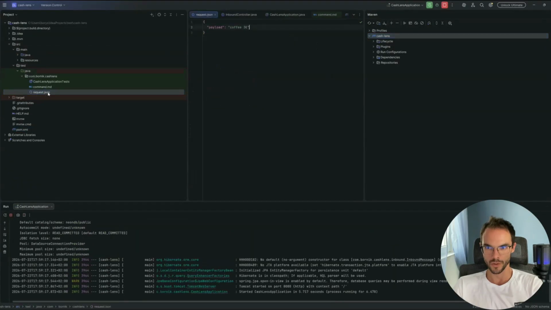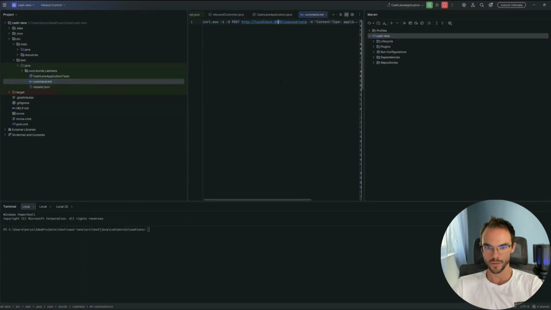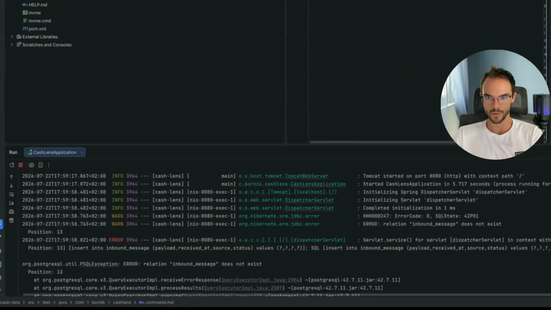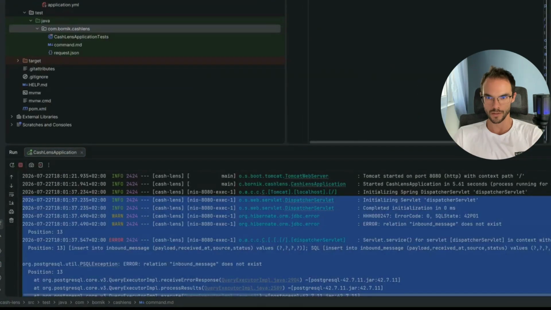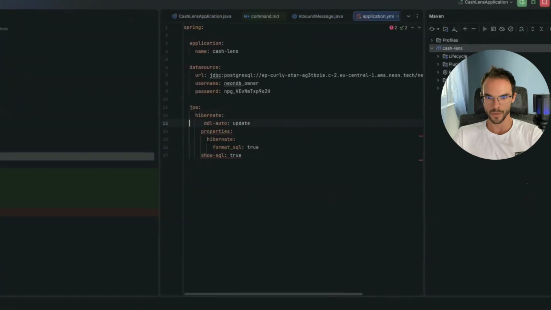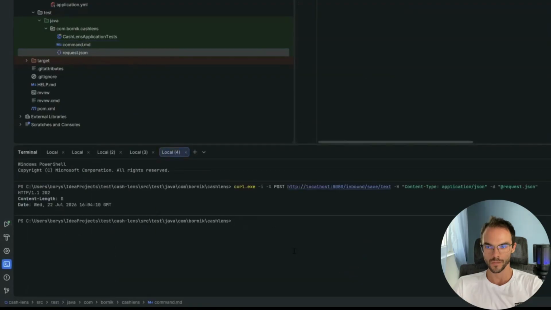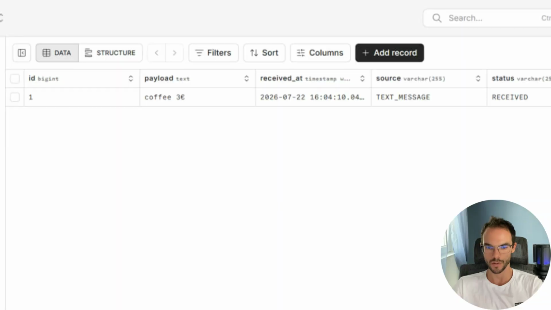And now it works. So let's send the POST request to the correct endpoint, and we have another error. Now it's due to the incorrect indent in our YML file. Let's run the application again, and hopefully now 202 means that the request was accepted, and the application basically processed our request. And as you can see now on the screenshot that I have from the Neon, the entity is there. So we achieved what we wanted in this episode,